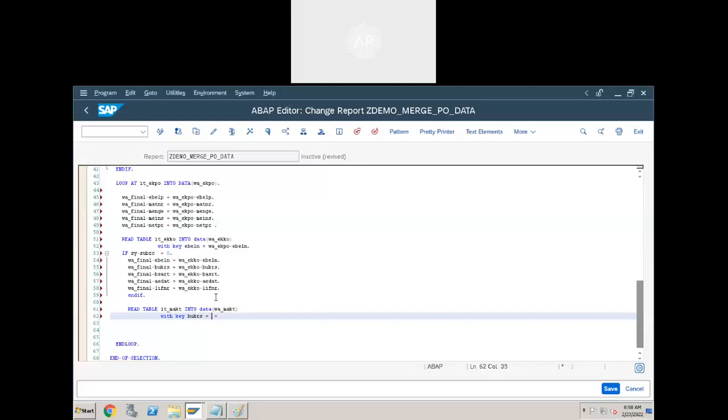BUKRS equal to W underscore EKKO hyphen. We have to write like this. First, we have to read that into the work area before using this condition, right?